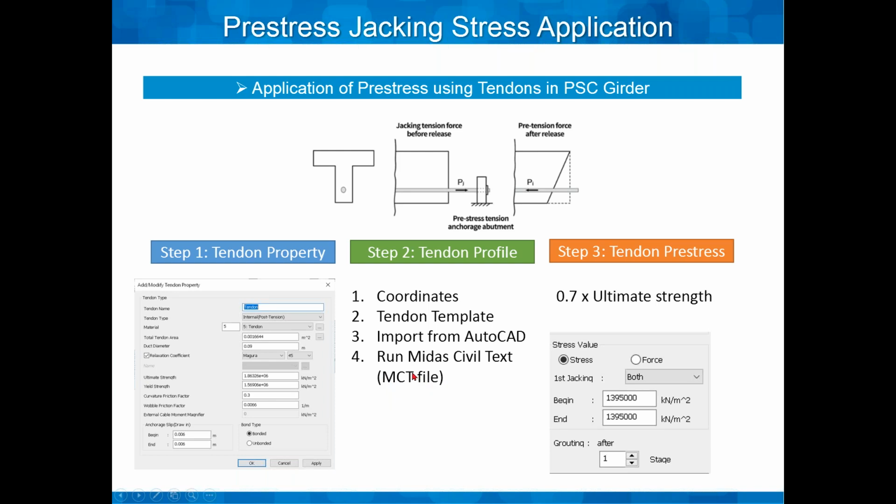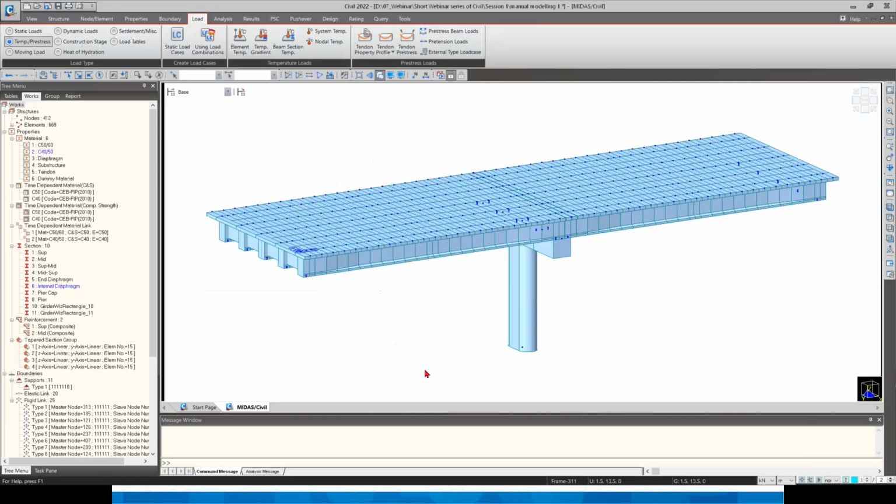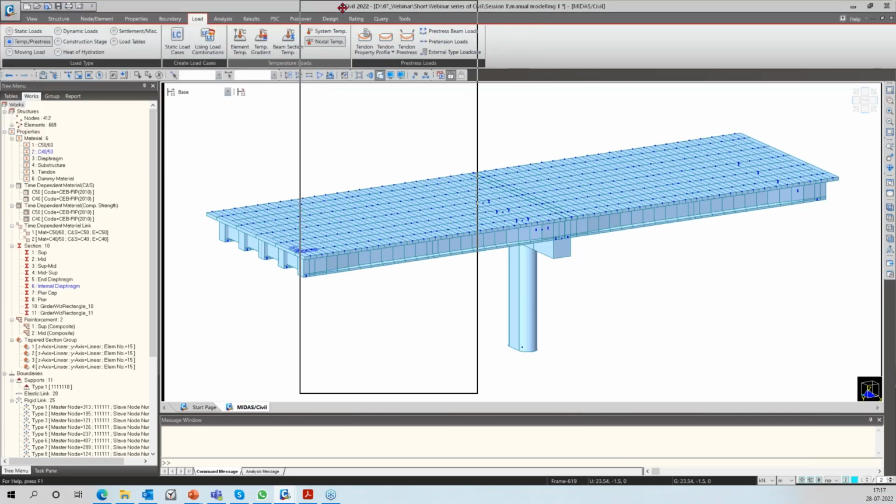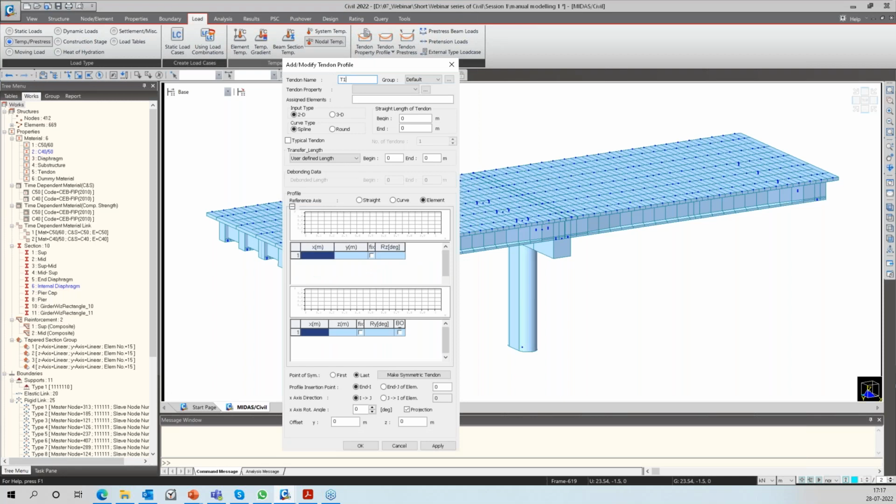So if there are any modifications to be made, then options like the MCT file could be very useful and very easy for modifying the tendon profile. So let's go ahead and see how to create the tendon profile. This is the most crude way, that is with the help of coordinates. Here you just specify the tendon name, which group it belongs to, and what the tendon property is,